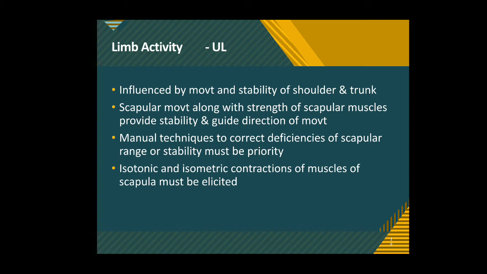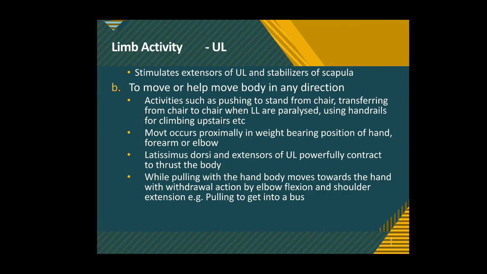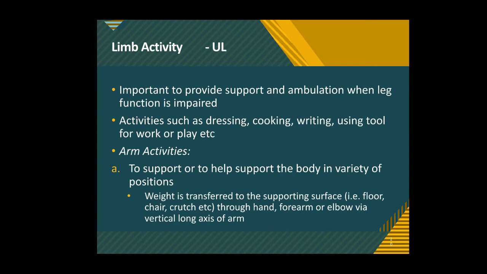So initially we can train the muscles of the scapula for both isotonic and isometric contraction if they are required. It is important to provide support and ambulation when the leg function is impaired due to fracture or paralysis. Only upper limbs are used for support and to provide mobility for the person. Whereas activities such as dressing, cooking, writing, or using tools for work or play are also major functions